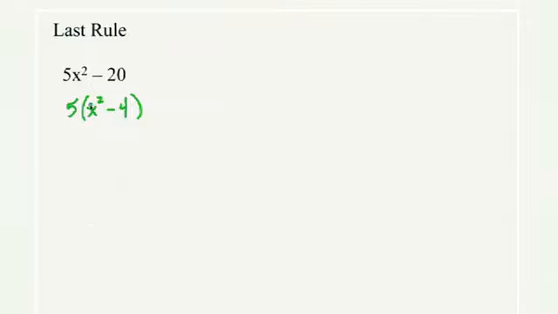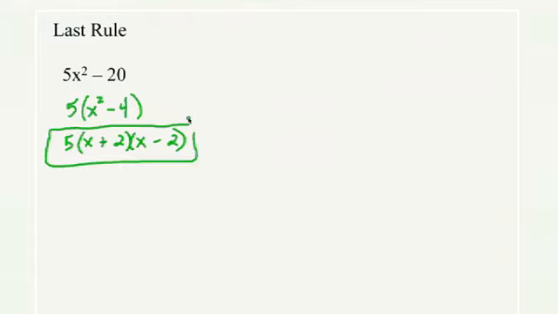Now, you will notice with these problems that the term inside the parentheses is just like the problems we were completing just a little while ago, which are the difference of two squares. So you carry down the 5 again, and now you treat that like it's its own problem. Put your x's in, here and here, then your 2, and then a plus and a minus, or a minus and a plus, however you want to do it. And that finishes that problem.